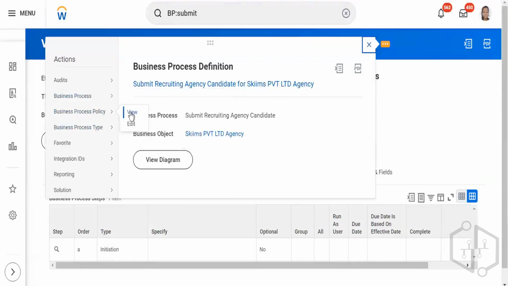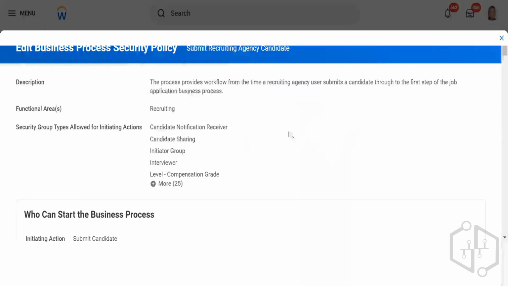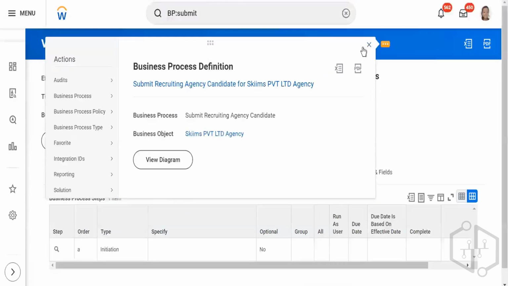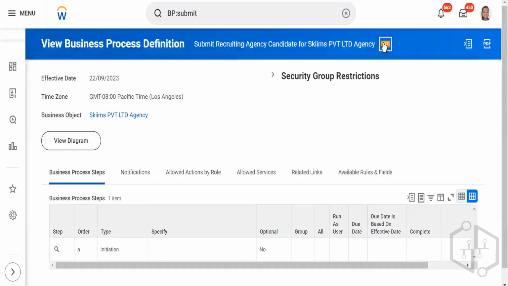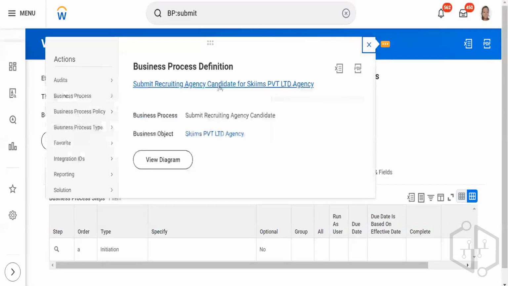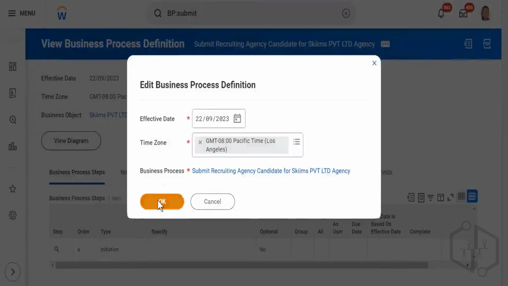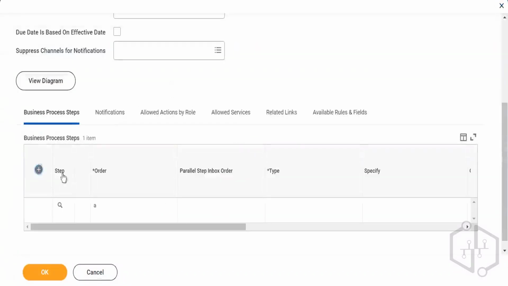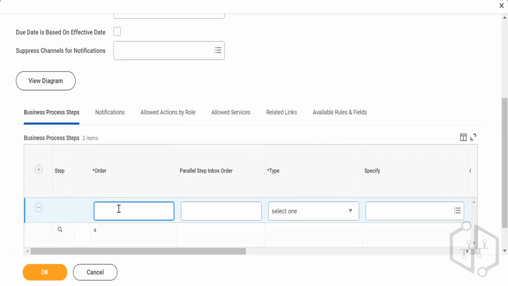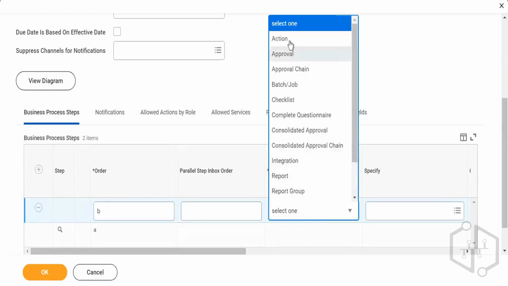I'm going to business process policy. Okay, I'm just going to add the B step. So B step I want as an action step,